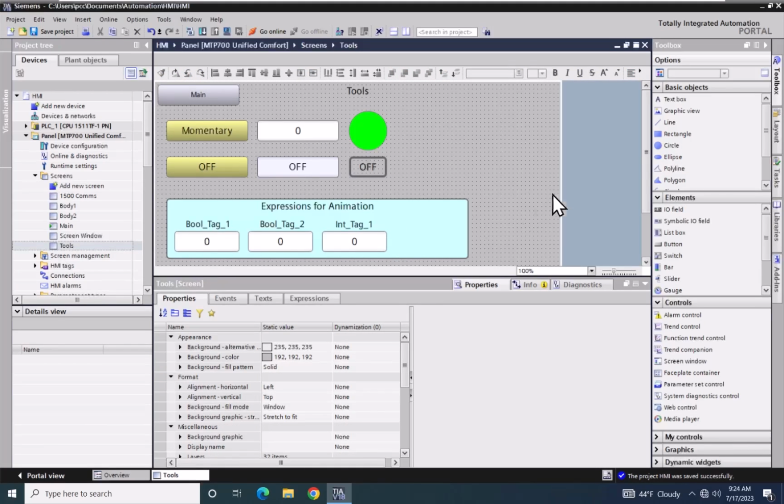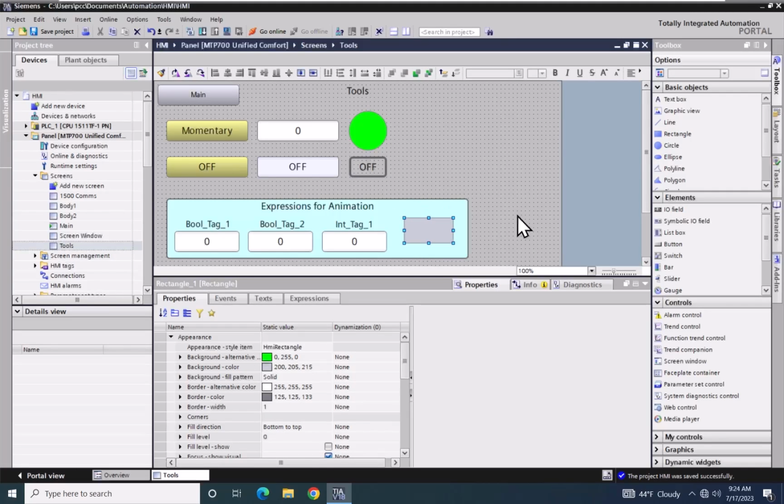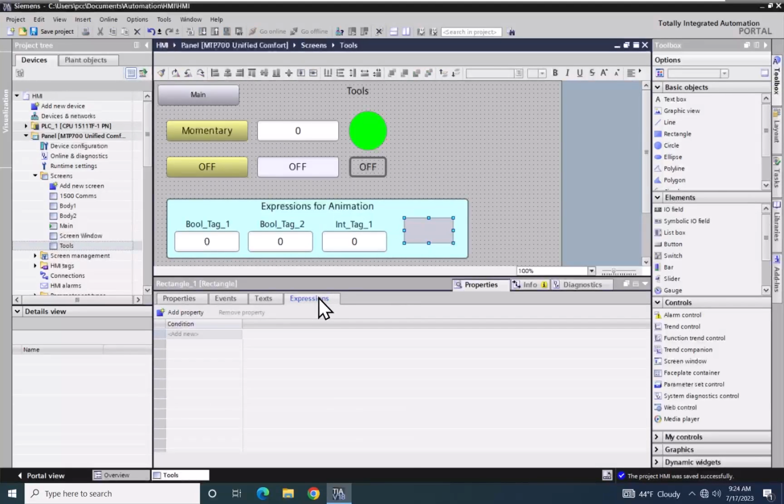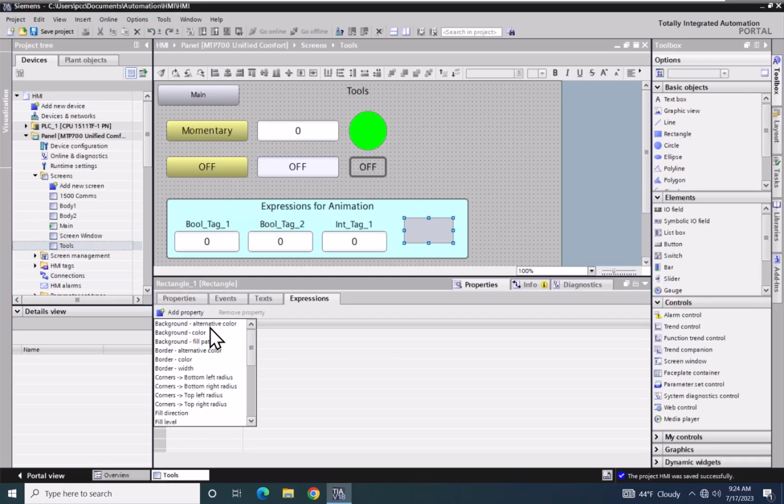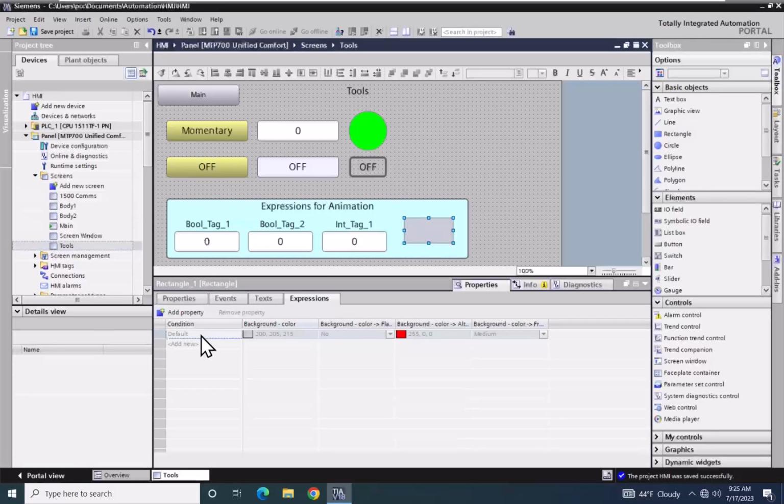So from the basic objects area, I am going to select a rectangle object and bring that out onto the screen. With the rectangle object selected, I'm going to select the Expressions tab. In the Expressions tab, this is where you can add in the expressions that will control a particular property on an object. So I'm going to select Add Property, and then I have a list of properties that I can select from. So I'm going to select the background color property, and that's what we're going to animate on the